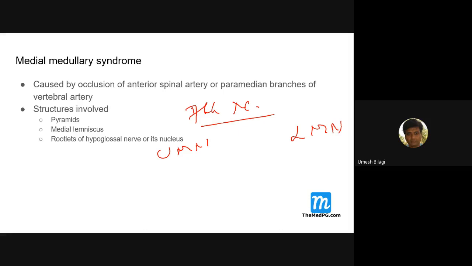What is the Bell sign? When somebody tries to close the eyes, if there is an upward rolling of the eyeballs, what is it called? Is it normal or abnormal? If you try to close your eyes, what happens to the eyeballs? They roll up or they are stationary? Roll up. For everybody they roll up.